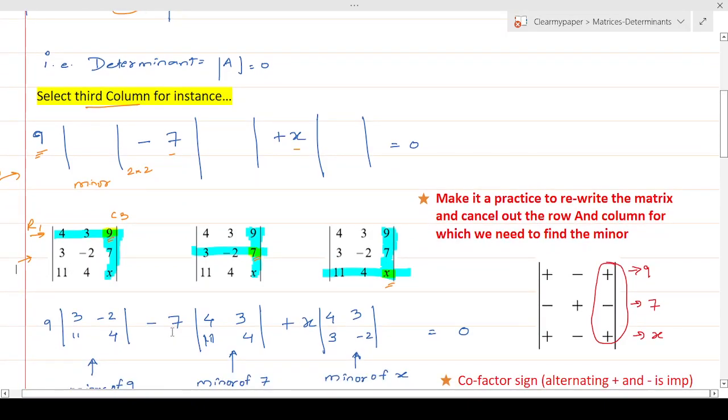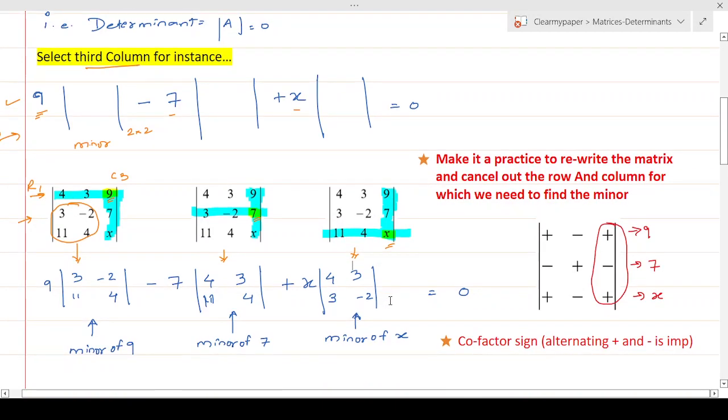So the way you fill up the matrix is, since I have this step done, I'm going to fill up the matrix. I don't want 9 or any elements on this row and this column inside. So whatever is remaining, this portion, I'm going to take inside the submatrix or the minor. I've just copied and pasted it here, and the same way here, and here. And just as a recall, this submatrix part within these vertical lines is a determinant of a 2 by 2 matrix, or a submatrix, or a minor.